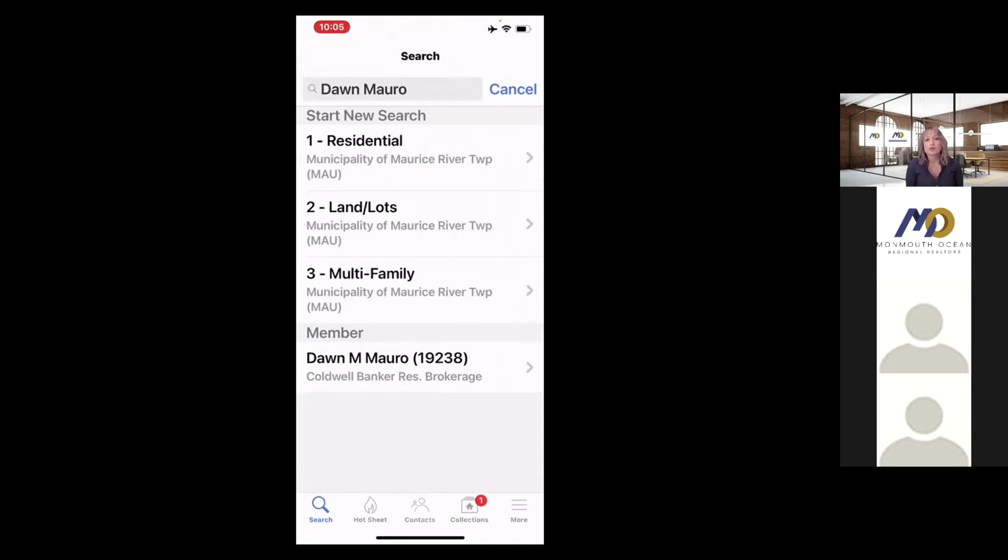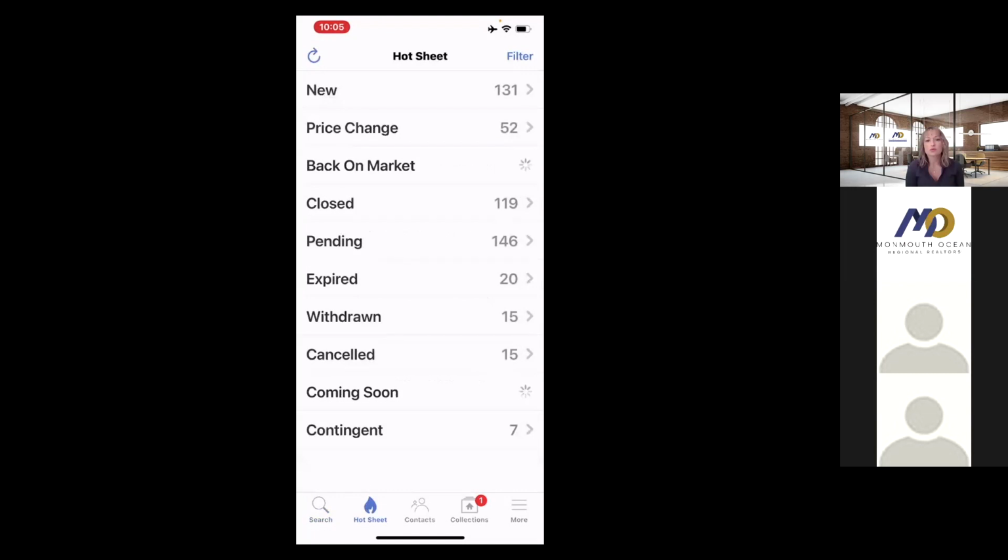A couple other features that I like on this. Now, search, again, I think I showed you that before. Just type in, you can search any property on the top. You can do a hot sheet on this, okay? That right here at the bottom, this will give you the hot sheet. I like to do a hot sheet every single morning on the towns that I have specified. If I don't have my phone, if I'm away on vacation, I can still do my hot sheet on this,